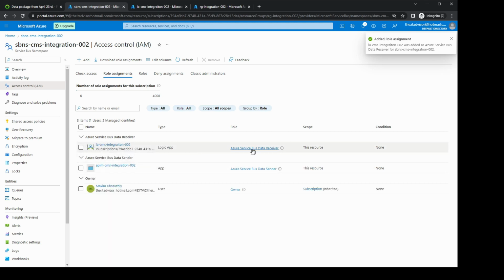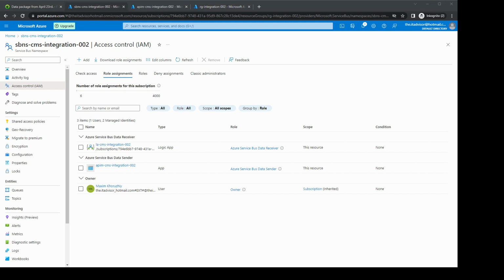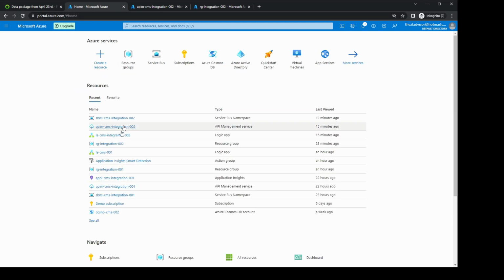Here is the logic app with a permission data receiver. This will allow us to establish connection from these resources to the service bus without using any security key. Okay, so the permissions are given, and the next step is to move to the application management service